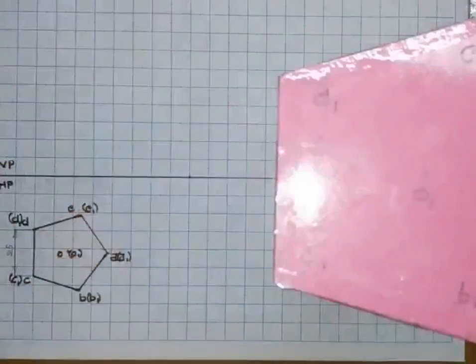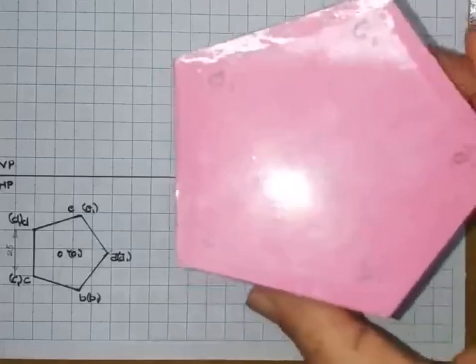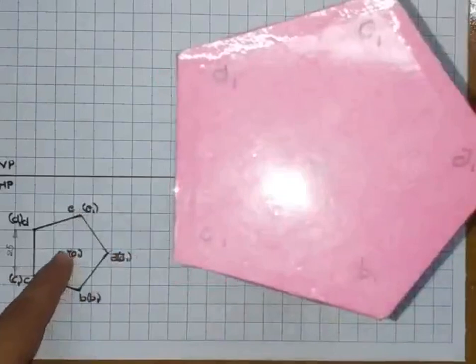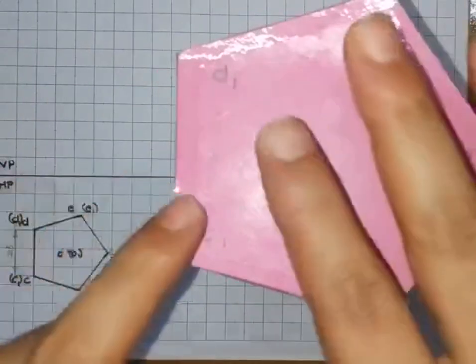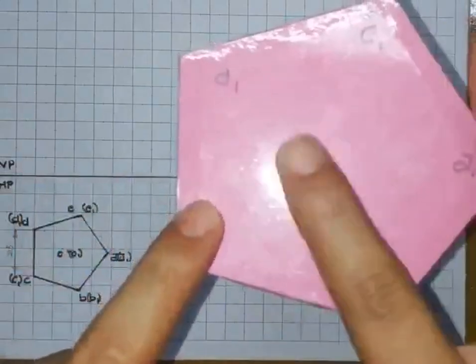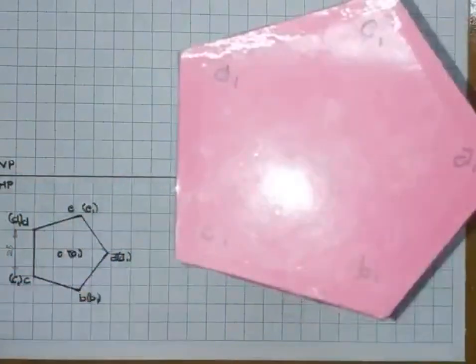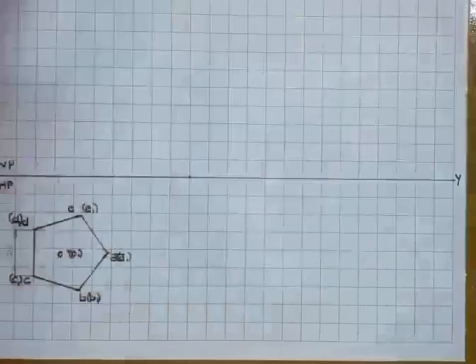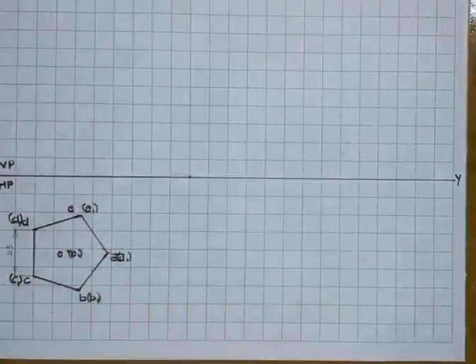But in case of a prism, it is not necessary to connect the corners to the center of the polygon. This is because it is a flat surface, even from the top as well as in the bottom. It's not necessary to connect the corners to the center of the base or the top surface. So this completes the top view.